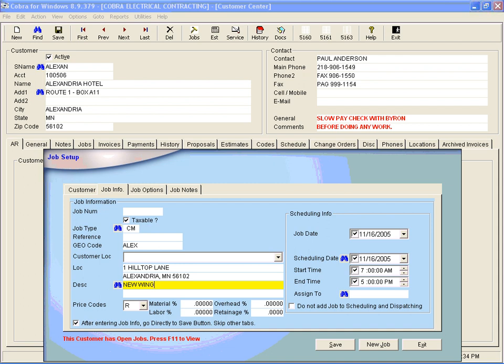And just like with the job location, the job description does afford you 2 lines of 50 characters each. And both the job location and the job description print very distinctively on any invoices related to this particular job. I'm going to press enter and come down to the price codes